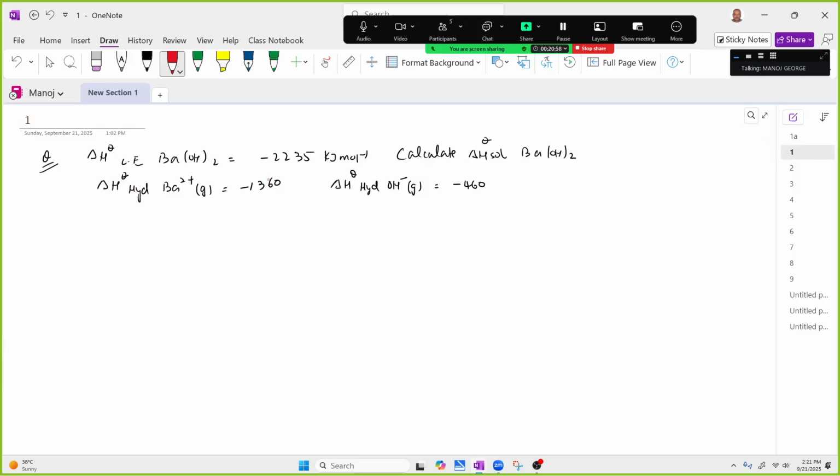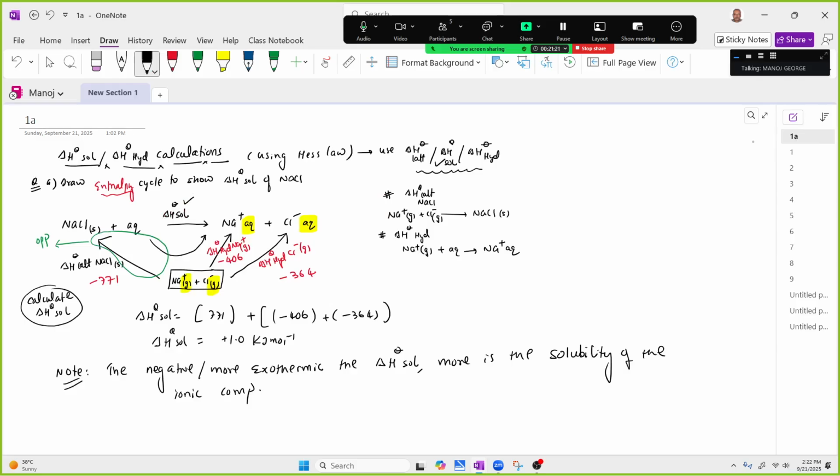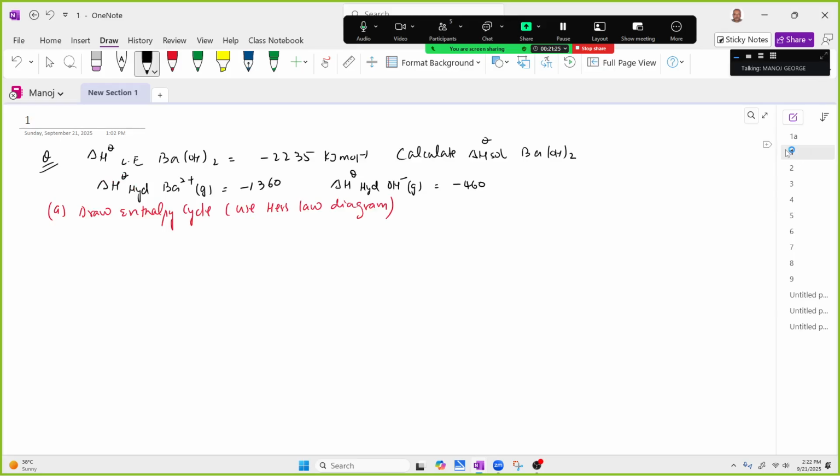So I'm asking you to first of all draw an enthalpy cycle. So the moment I do that means I want you to use a Hess law diagram. First you draw an enthalpy cycle diagram. This is exactly going to be like this. There is no change. Arrows will always go this way. So you have to draw in your diagram, which must connect the lattice, the hydration,